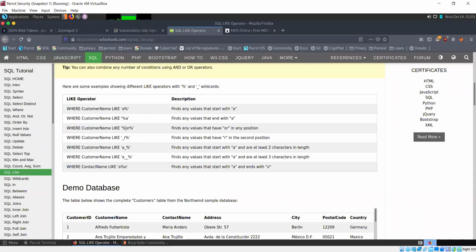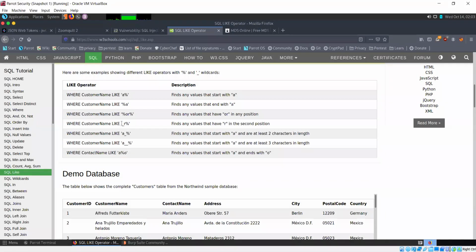Similarly, if it has '%or%', that means there could be any number of characters before and after. So the characters 'or' should be somewhere between. They could be at the beginning, at the end, or somewhere in the middle.